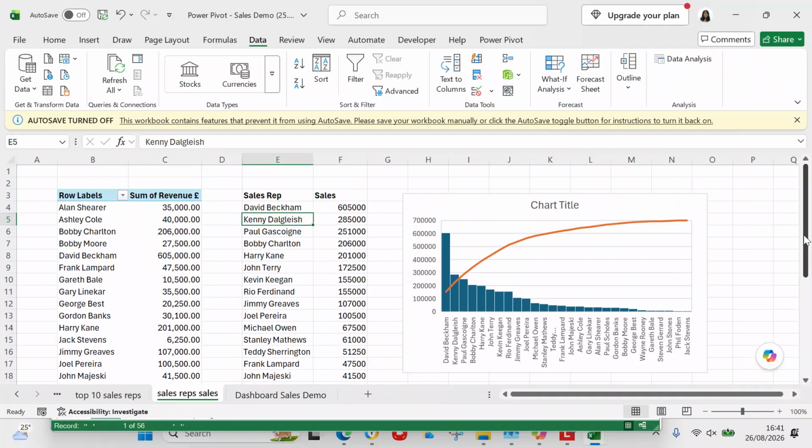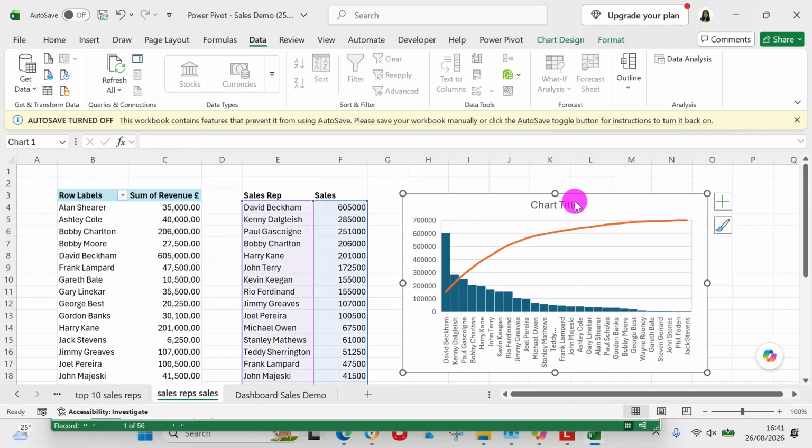So the only way I was able to sort the sales reps was to copy the pivot table contents and paste the values only. And then when you paste the values only, you can see their top sale. So you can see that David Beckham was the top seller. And then right here, you can say,